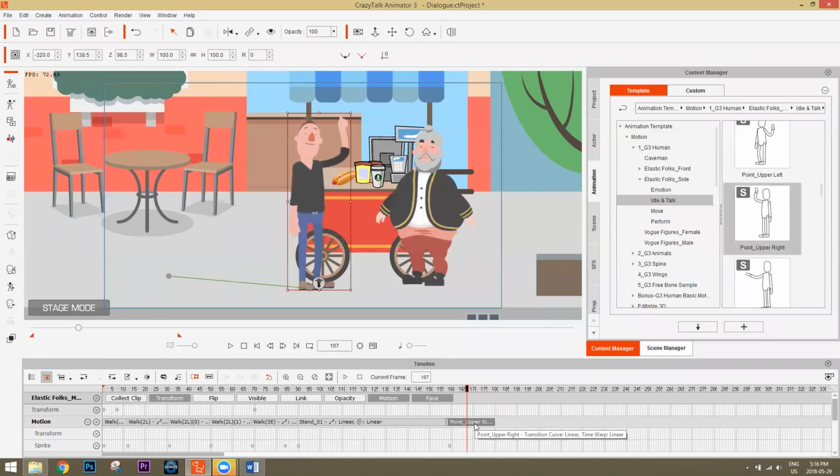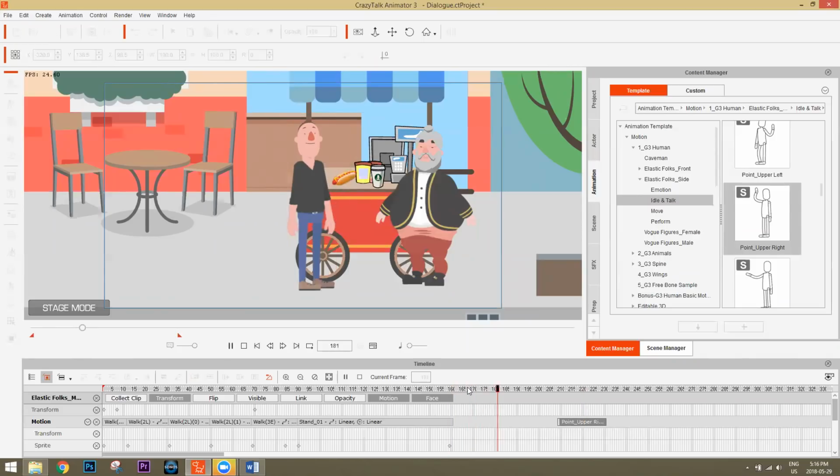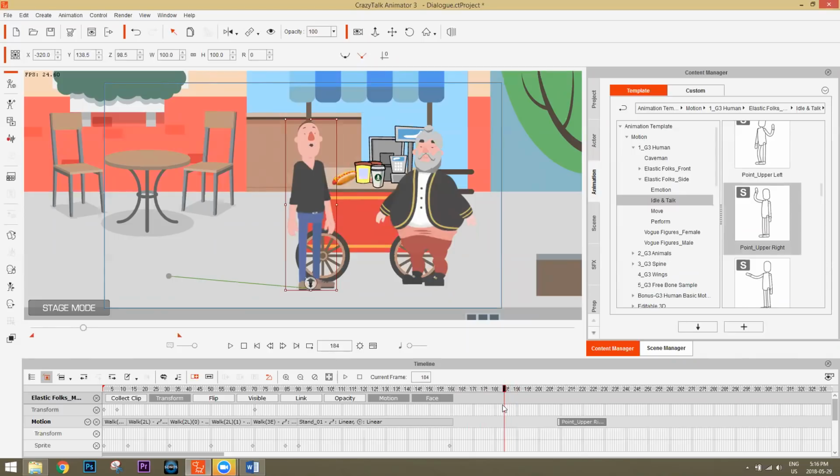And you can see it's really fast. And this is the clip right here. So what we're going to do is we're actually going to click and drag this clip a little bit further on. Okay, play back. So when he says, can you make me one with everything, which starts right here, we're going to take that clip and we're going to stretch it out a little bit by going over here to adjust the speed. Okay, so we're going to toggle our speed on. You can toggle loop over here and speed, Alt L and Alt S, but I find it's just easier to click on them. And then I'm going to click and drag on the edge of the clip to make it longer. What that does is it extends our point.